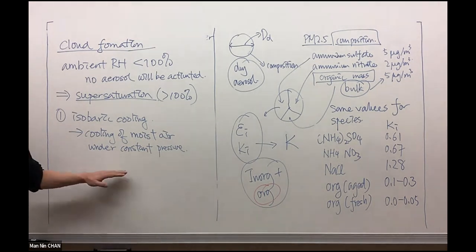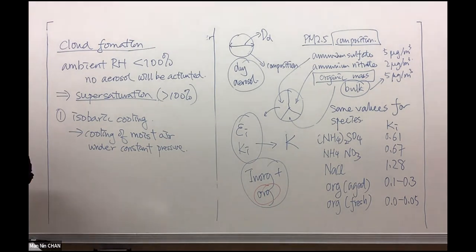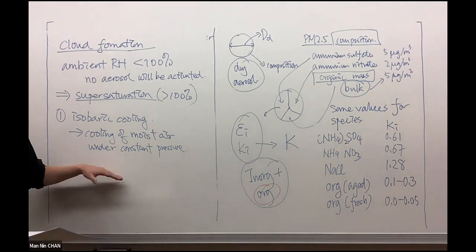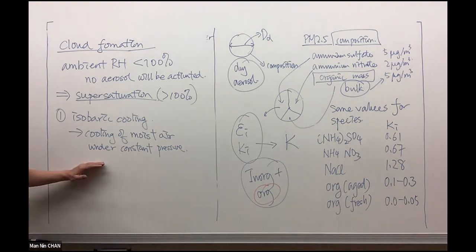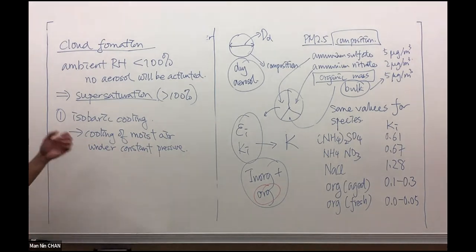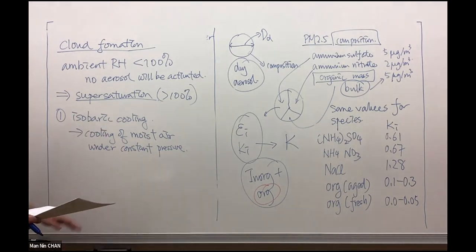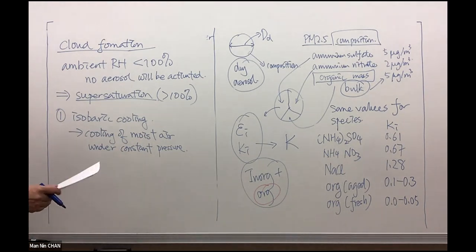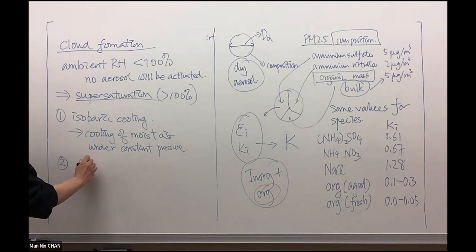So this can happen. For example, one typical example is the formation of fog near the surface. You have warm or wet air moving from a cool place to a warm place, and then from the warm place to a cold place, and then you have this cooling at a constant pressure here. And the other process is what we call adiabatic